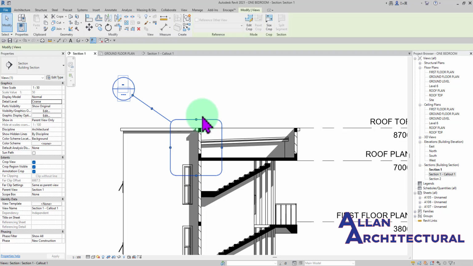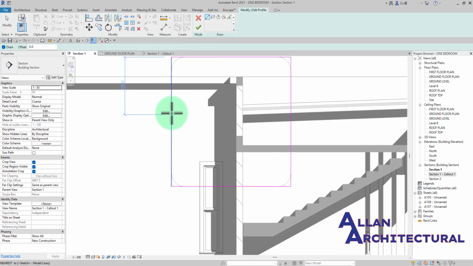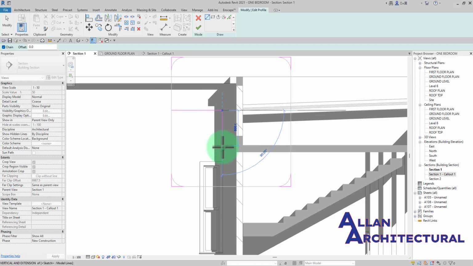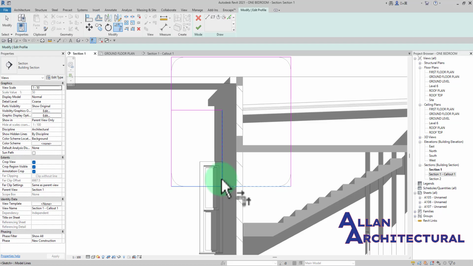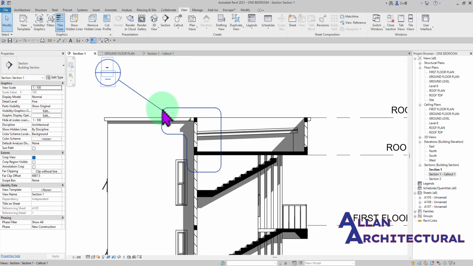So when you click on this, you can actually edit the crop region of this in here. So I can actually select this and then I can head into the edit crop in here. I can click on that and I can actually edit this in here. So I can draw this to come off, let's say somewhere around here, and then bring this somewhere around here. So now TR on my keyboard to trim and extend all of this, and then I can finish this. So now you notice my callout is actually cropped in there, and it's going to serve just as this